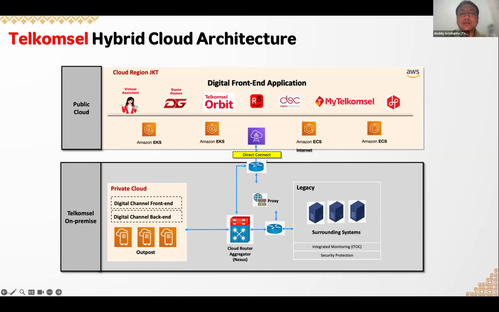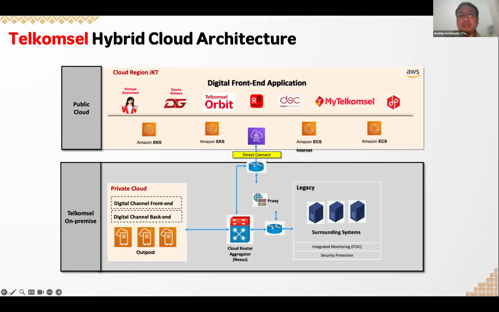And there is also a backend channel like the ESB, implemented on AWS Outposts on-premise and connected to the surrounding systems on-premise through Direct Connect with a total capacity of 120 gigabit per second. So Selena covers all of these applications with observability and self-healing capability.